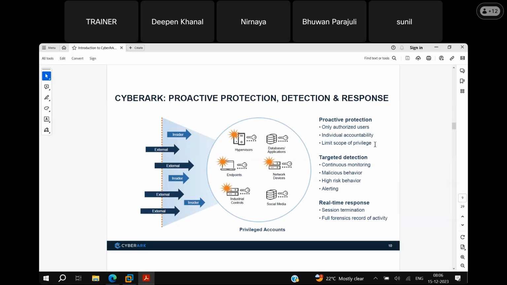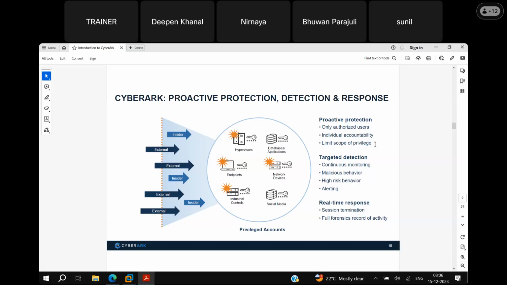Authorized users means, for example, if you are from the Windows team and the other person is from the Linux or Unix team, and they log into our product, the Windows person can see only his servers and only his privileged accounts, whereas the Unix team member can see only his accounts, the root accounts.